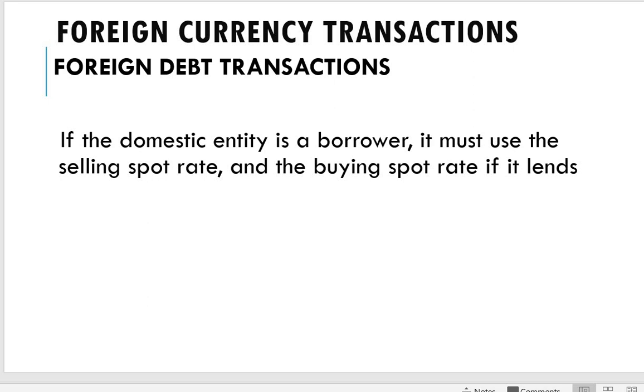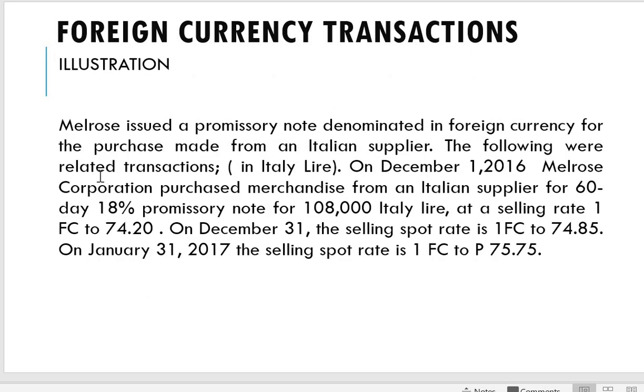So if we are the lender and the foreign firm is the borrower, we'll use the buying spot rate for that. Yeah. So, you have an illustration here. Melrose issued a promissory note denominated in foreign currency for the purchase made from an Italian supplier. So the following were related